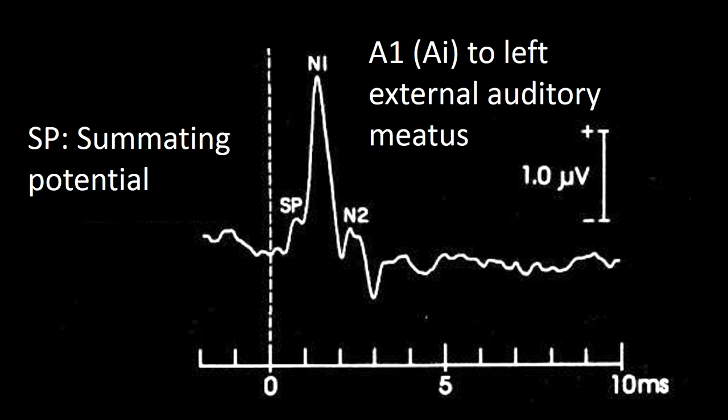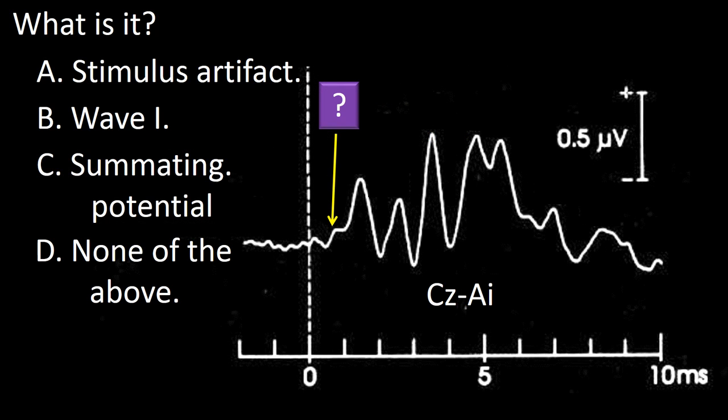The reason that I show you this frame is to point out that occasionally, when in doubt, if you use an electrode from the ear being stimulated to the external auditory meatus, or just if you put it inside the ear canal, you will be able to get a very clear distinction between summating potentials and N1, which corresponds to wave 1 in the brainstem auditory evoked responses. So the answer to this question is